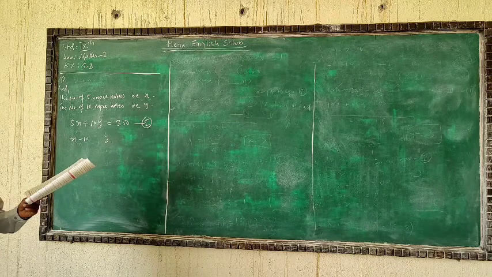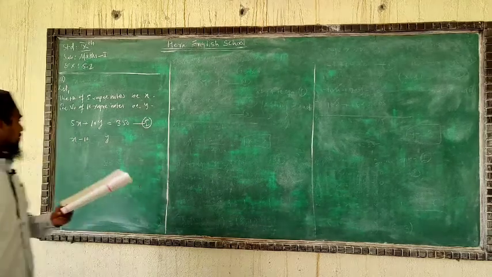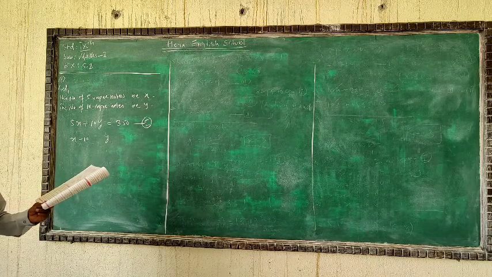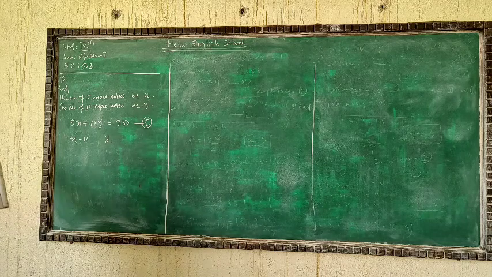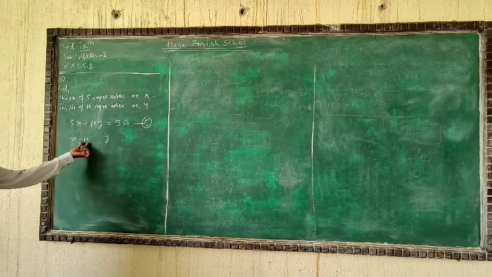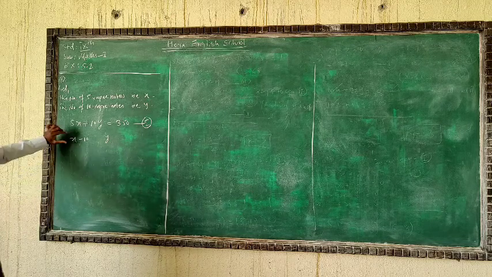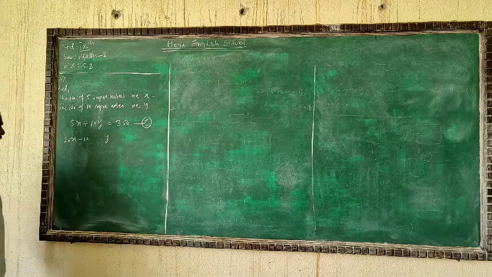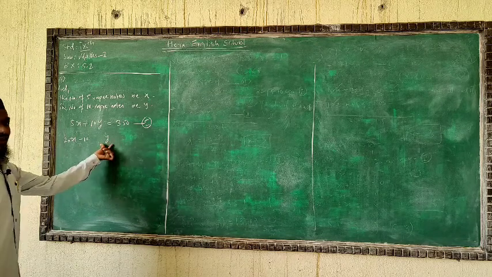Here we have given twice in the question. Make it correct, everyone. The number of 5 rupee notes is less by 10 than the number of 10 rupee notes. Here the 10 rupee notes are Y and the 5 rupee notes are X. Then the twice of the 5 rupee notes, we are going to make a correction here, and the 10 rupee notes are the less.